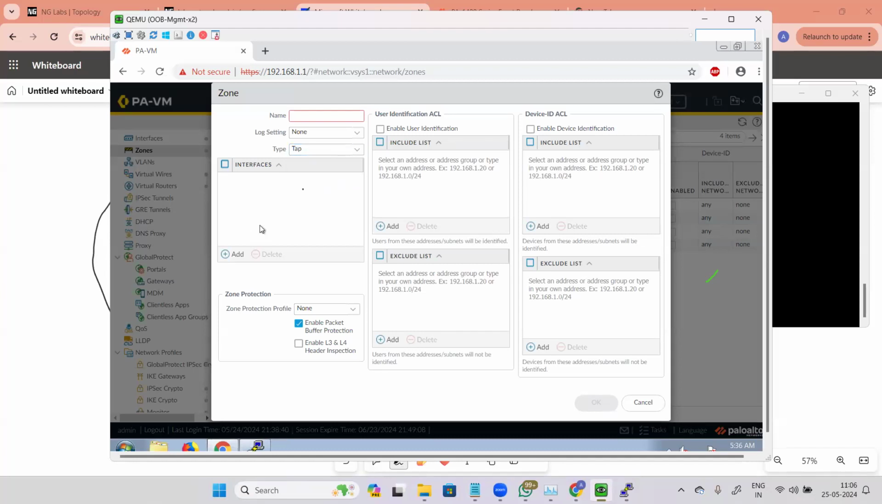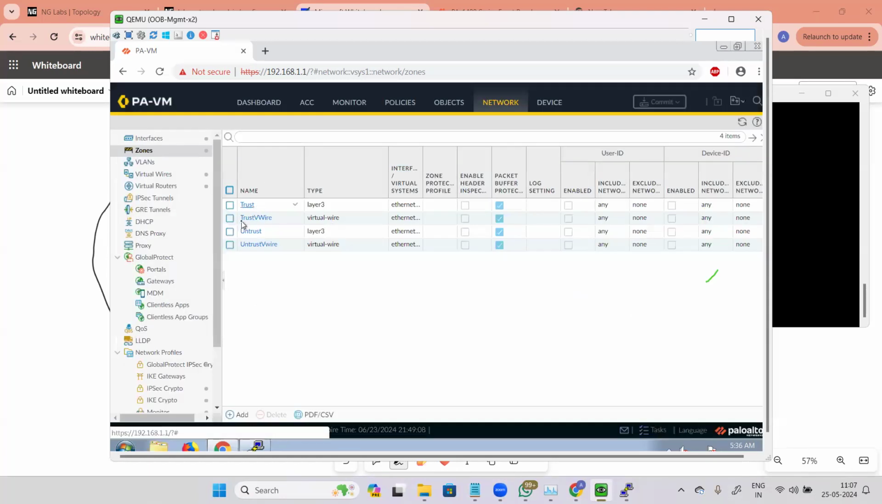Cool. So let me show you how many types of zones we have. We have already seen the virtual wire zone, right? And please understand, if you have the same name, for example, let me show you this. I have given the name trust, and then I have named it trust vwire. If I give this name as trust, it will take it, because the type is different, right? Layer 3 and virtual wire are two different types of zones. Then you need to be sure that you are referencing the right type of zone in your security policies. Now you can see, if we go back to our policies,